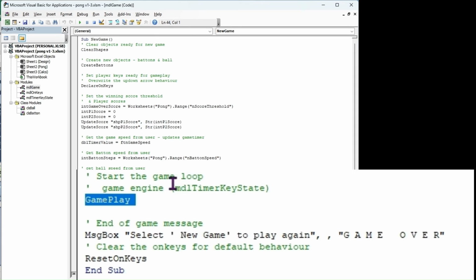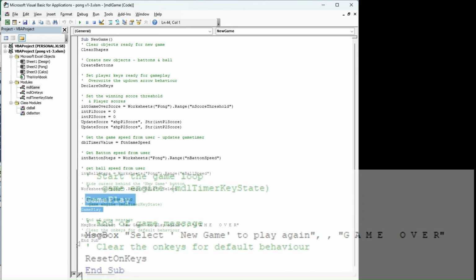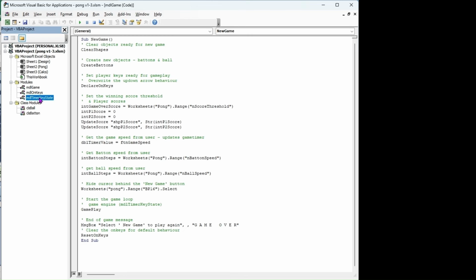And the game keeps running through until we get to a game over state. And finally, once the game is over, we show the user a message box with its title Game Over, and the message is select new game to play again. And then we reset on keys and the code ends. Looking at timer key state